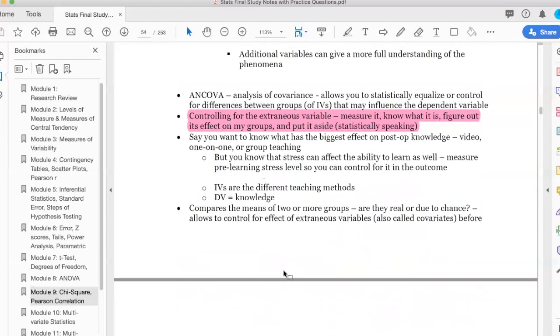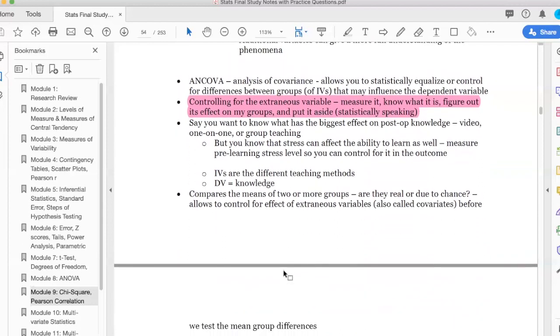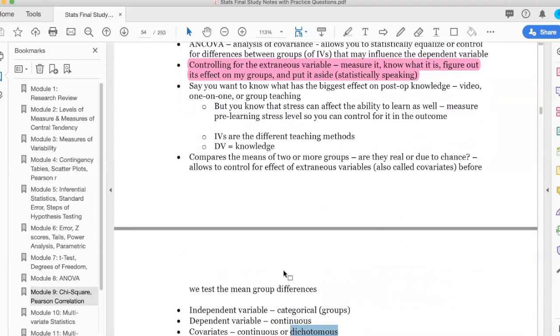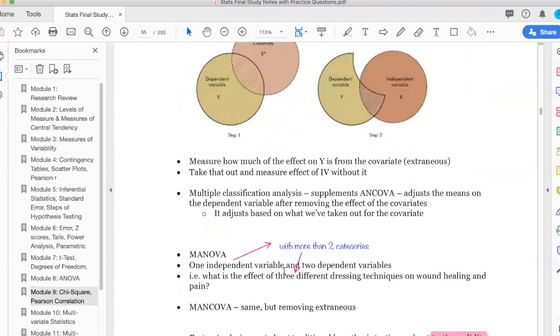So I think what's really important to take home with the ANCOVA, again, is that we're talking about one independent variable with categories, similar to the ANOVA. But what we're doing is we're taking the extraneous variable or the covariates, and we are measuring them and removing them from the study. Okay, or at least acknowledging that. I mean, you can't literally remove them from the study, but